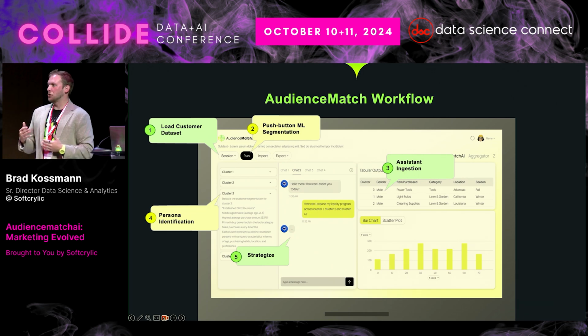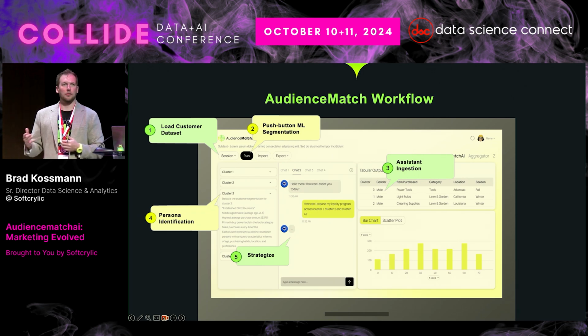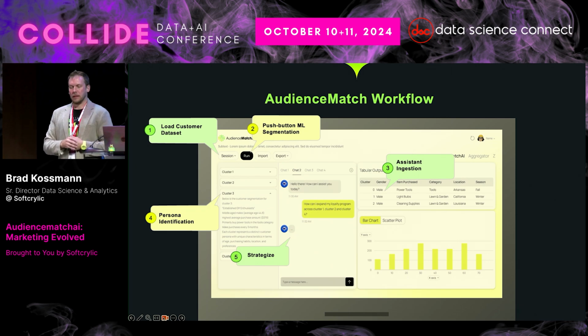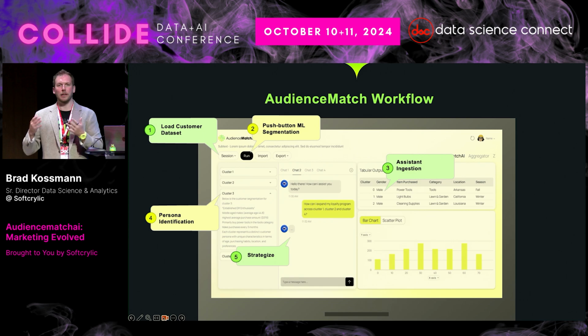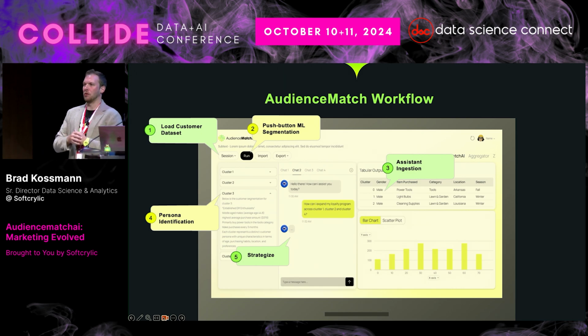The LLM is actually extremely good at strategy as well. We'll be demonstrating some of those purposes in a moment, because it has ingested this data and it's able to synthesize thoughts from this data in ways that humans would find difficult. Again, these are typically hundreds and hundreds of numbers that just exist in a heat map because they're descriptive statistics. It's very difficult to identify exactly what those mean in terms of human characteristics and personalities that are associated with the clusters, and then to leverage all of that information into a marketing strategy.